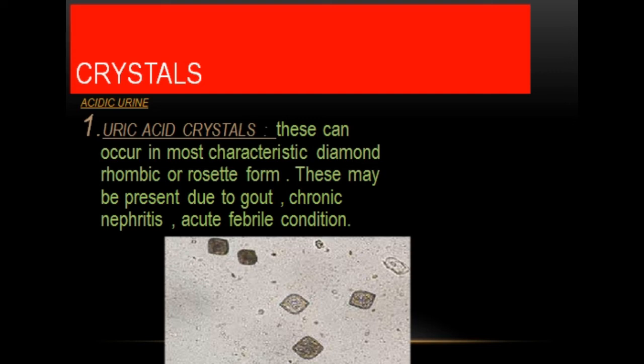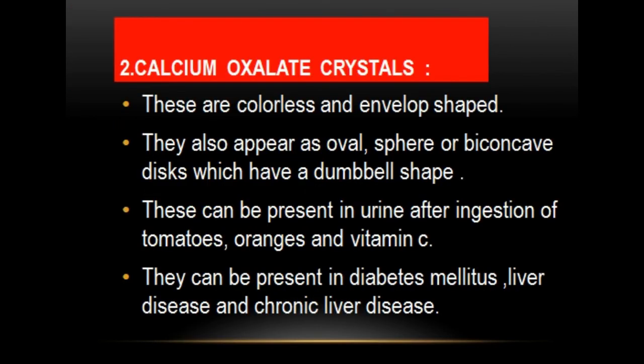abdominal pain, groin pain, nausea, and blood in urine. Symptoms of gout include burning pain, stiffness, and swelling in a joint. As we all know, the concentration of uric acid increases in the blood in gout, and this increased uric acid is then deposited in the joints, and the extra amount is released in the urine.